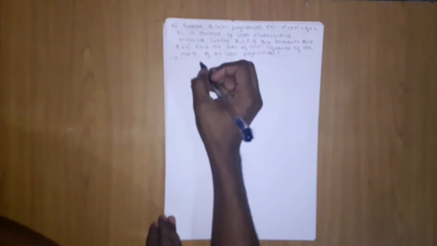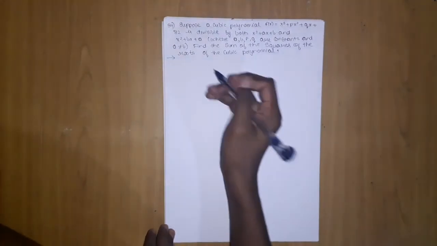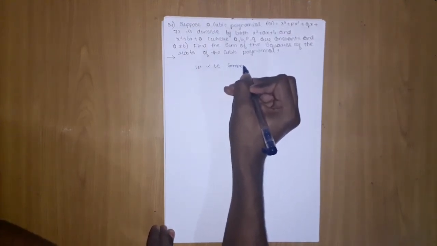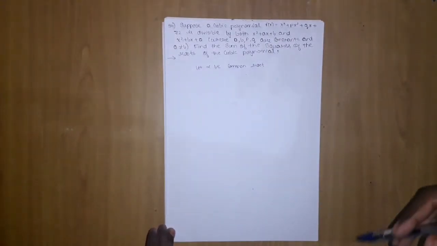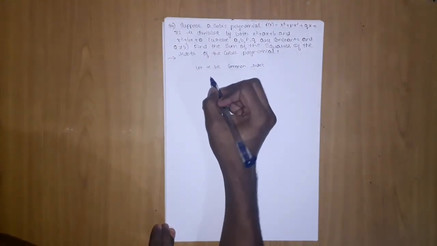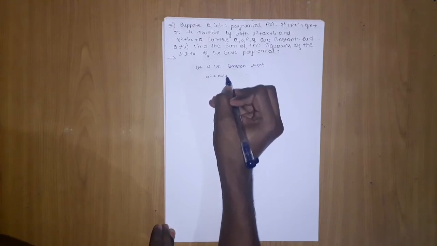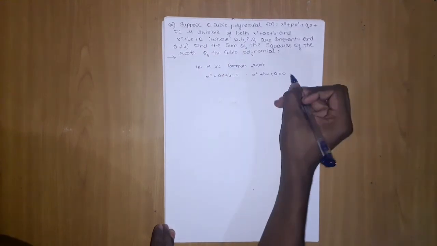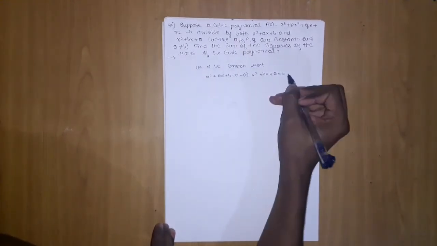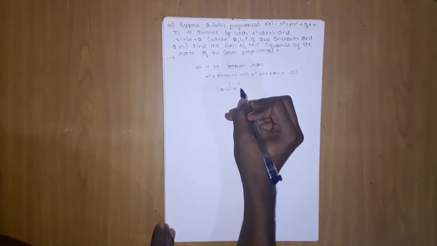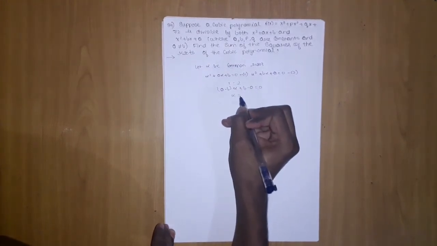Let's first find the common root. Let alpha be the common root of x square plus ax plus b and x square plus bx plus a. Now alpha is the common root of both. So I can write alpha square plus a alpha plus b equal to 0, and alpha square plus b alpha plus a equal to 0. Take them as 1 and 2. If I subtract 1 minus 2, what I am getting is a minus b into alpha plus b minus a equal to 0. So alpha I am getting is 1.